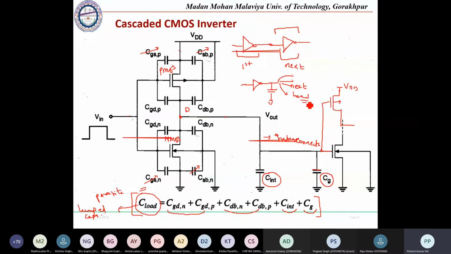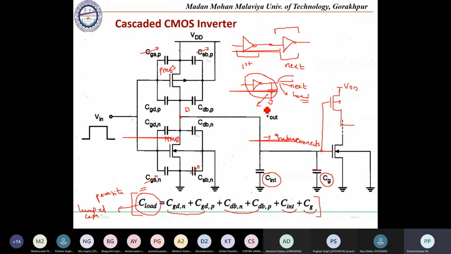Okay, to some load it will be connected, so that load will be having some effect on its output. So to practically analyze a digital circuit, we take some defined capacitance value that could resemble the load once this designed circuit is going to be used for practical applications. So we will be analyzing this circuit by considering some practical load. That load will be your C load.